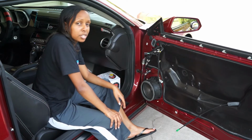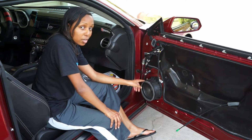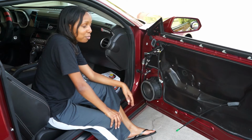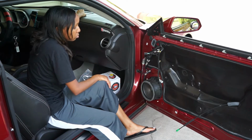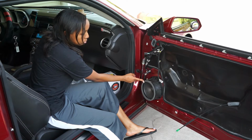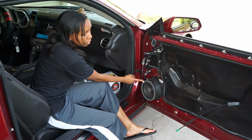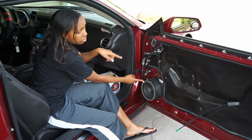So for comparison's sake, I have the old speaker mounted and I just want to show you guys how bad the rattle is. And you guys let me know if you hear a difference or an improvement once I put the new speaker in. I can hear it. I don't know if you guys can, but I can hear it. If I move all the sound to this side,